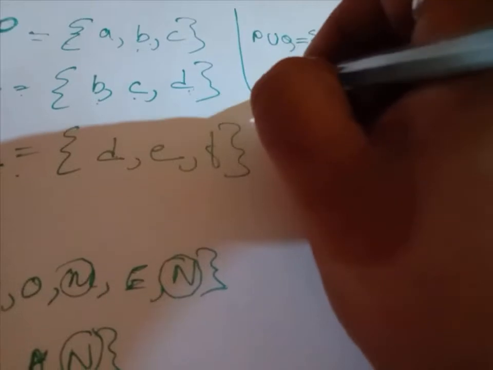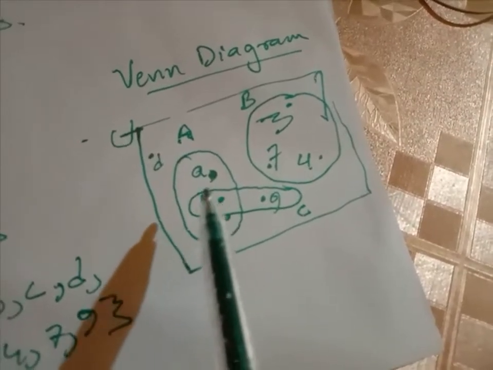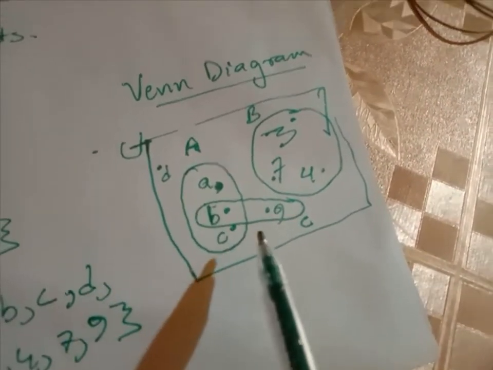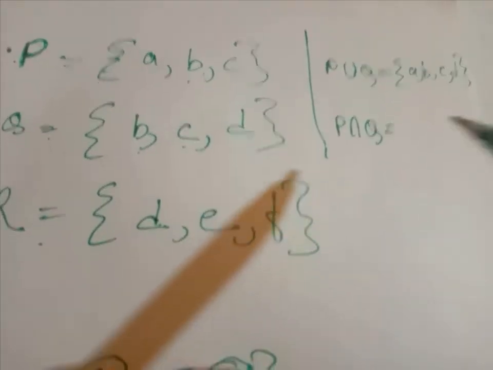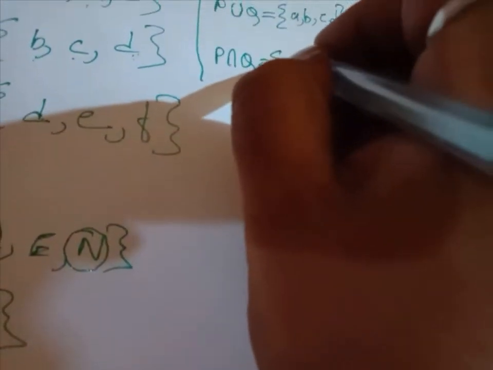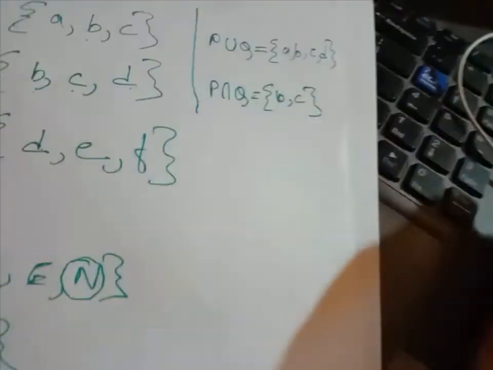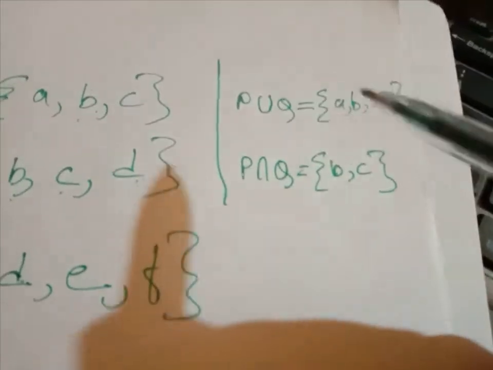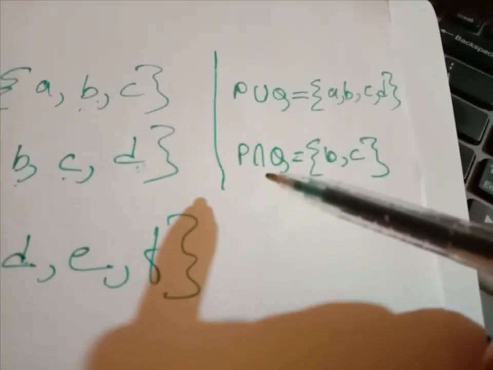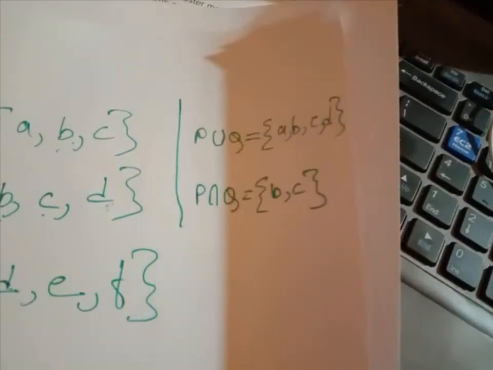Again, P intersection Q. That means the elements which are overlapping, intersecting between two different sets. So we will write only the common elements. That means B and C here also, B and C here also. So P intersection Q will contain only the elements B and C. Clear? So this is the union symbol, this is the intersection symbol. Okay, now in module number 6,